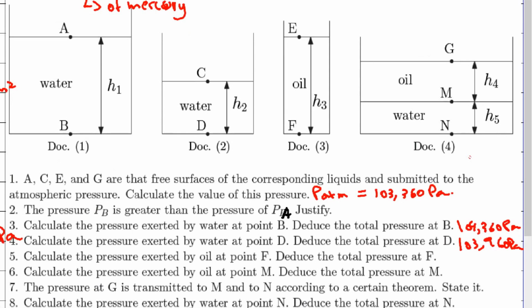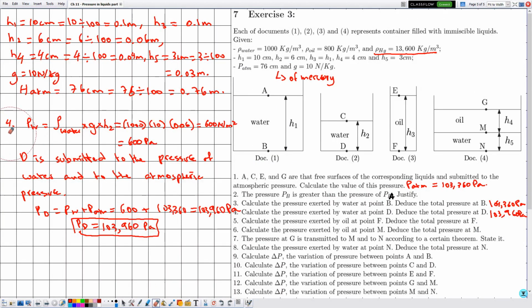So notice that here also the value of PB is greater than the value of PD, although both liquids are water, but simply because the value of H1 is greater than the value of H2, and as the depth in a liquid increases for the same liquid, not for different liquids, the pressure exerted by the liquid increases. And now as for number 5,